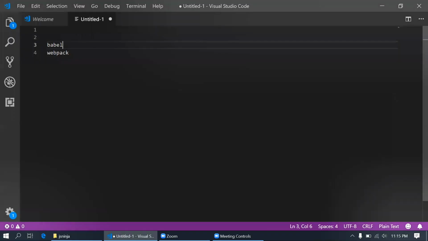So guys, before jumping into the environment setup process, I just want you to know what Babel and Webpack are, which is highly important for you to know. As in our first video of ES6 part 1, I already told you that Babel is a transpiler. If we are writing a web application using ES6, it has to be understood by all the browsers, modern plus old browsers.